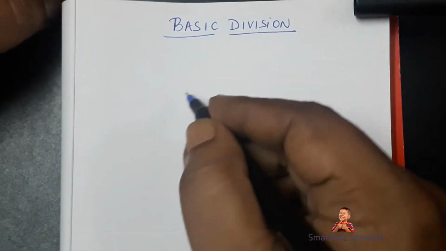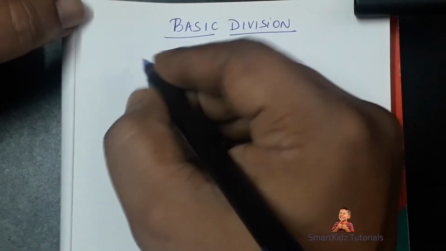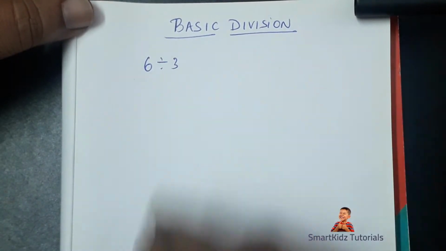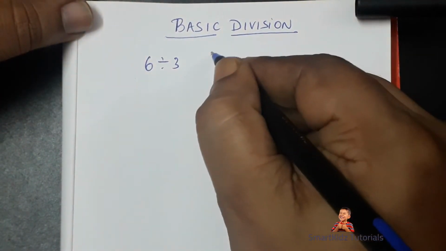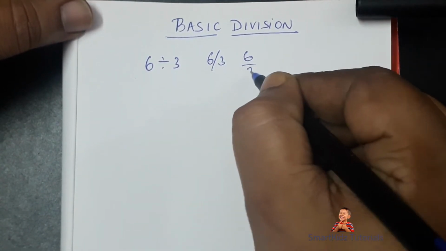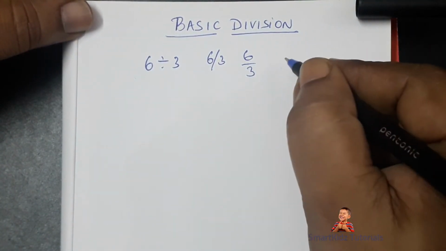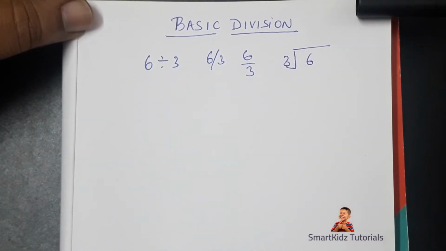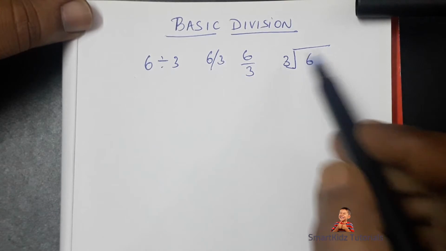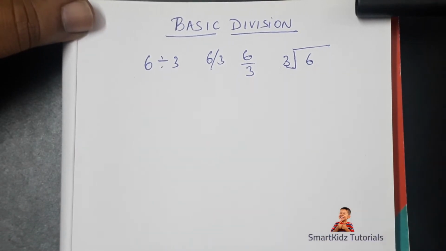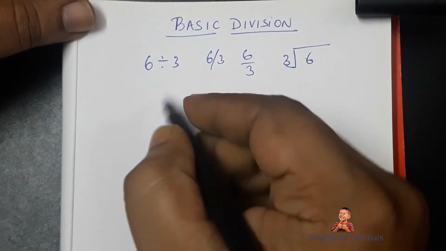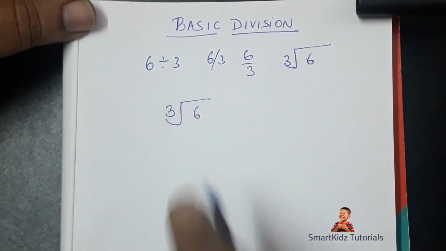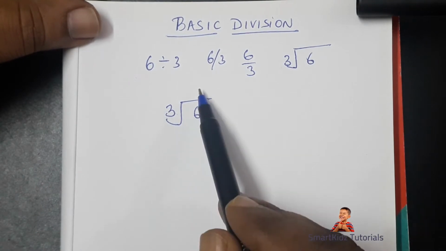Before that, we'll see what division looks like. When we say division, let's say for example 6 divided by 3. Now this 6 divided by 3 can also be written as 6 by 3 or 6 upon 3. And when we do long division, we write it this way as well. 3 divided by 6 this way. In case of division this way, let me show you. So if we divide this, it is 3 divided by 6, and we write the answer that we get over